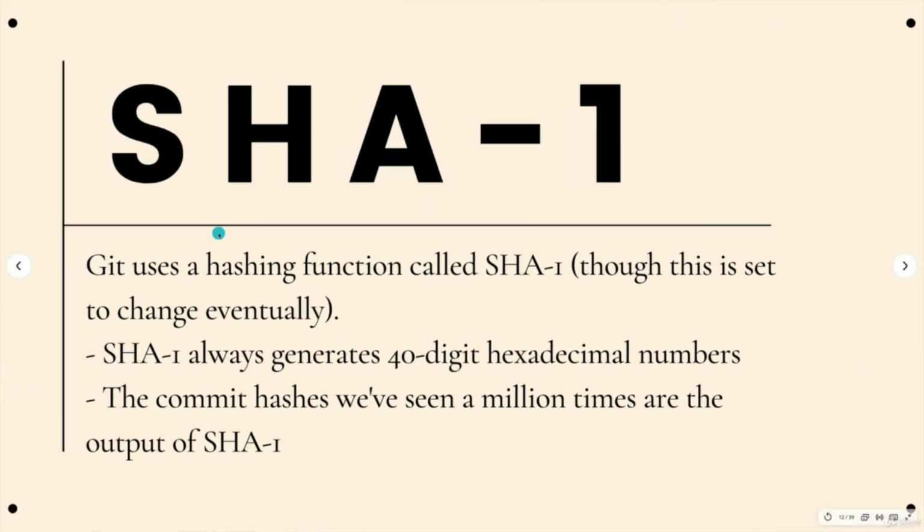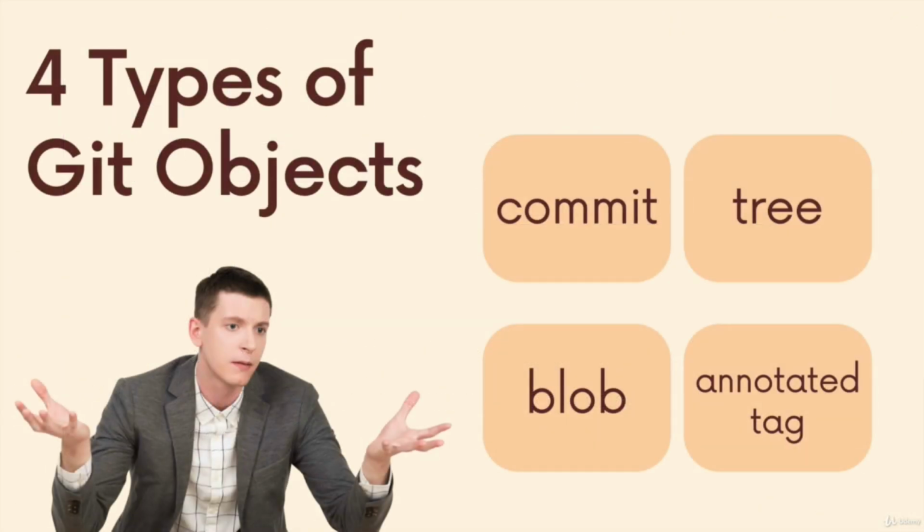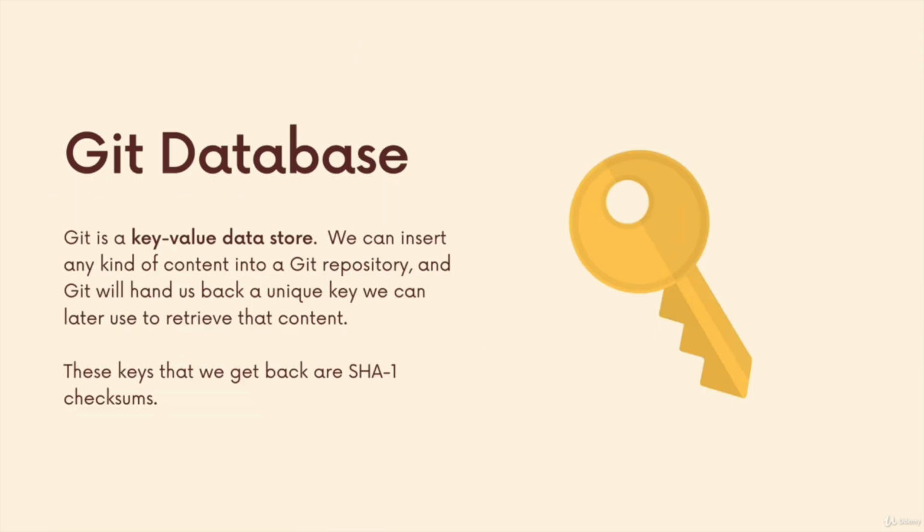If you recall, let me find the slide. I mentioned that there are 4 types of Git objects, 4 types that Git can store, including commits, but then there's also trees and blobs and annotated tags, all 4 of which are hashed using SHA-1. So we're going to get to all 4 of those object types throughout the course of this